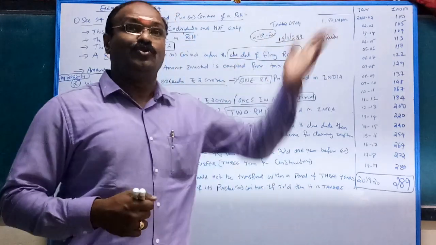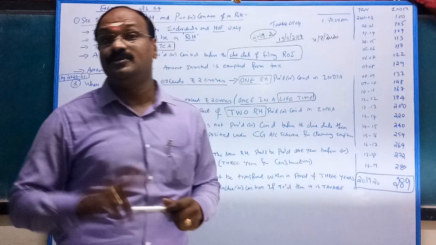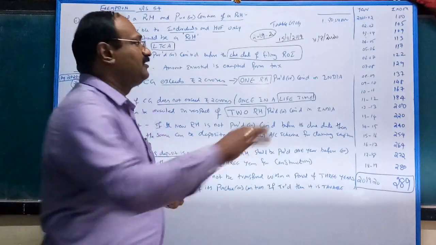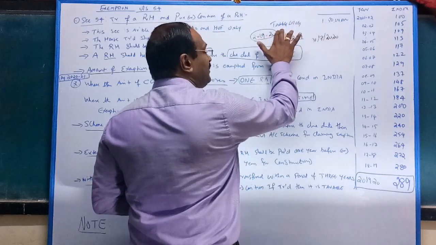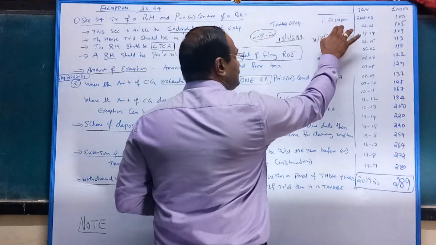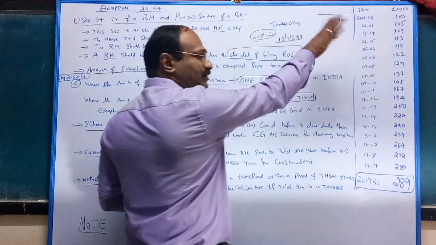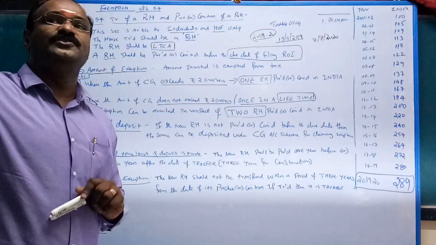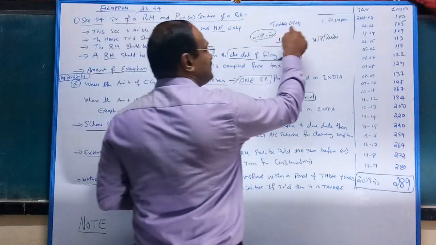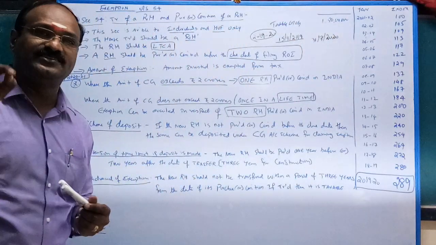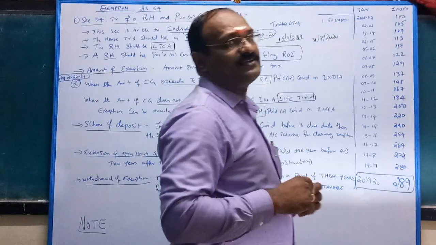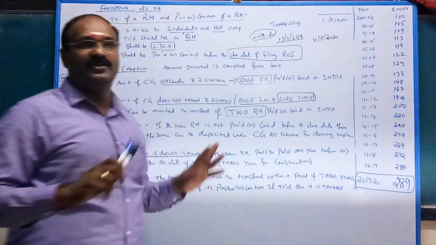Suppose you invested 2 crores. How much are you investing? 2 crores. Sorry sir, your long-term capital gain is 1 crore 50 lakhs. So investment of either 1 crore 50 lakhs or less than 1 crore 50 lakhs is fully allowed. Suppose you are investing 2 crores, that 2 crores is restricted to 1 crore 50 lakhs. Catch my point? You know?